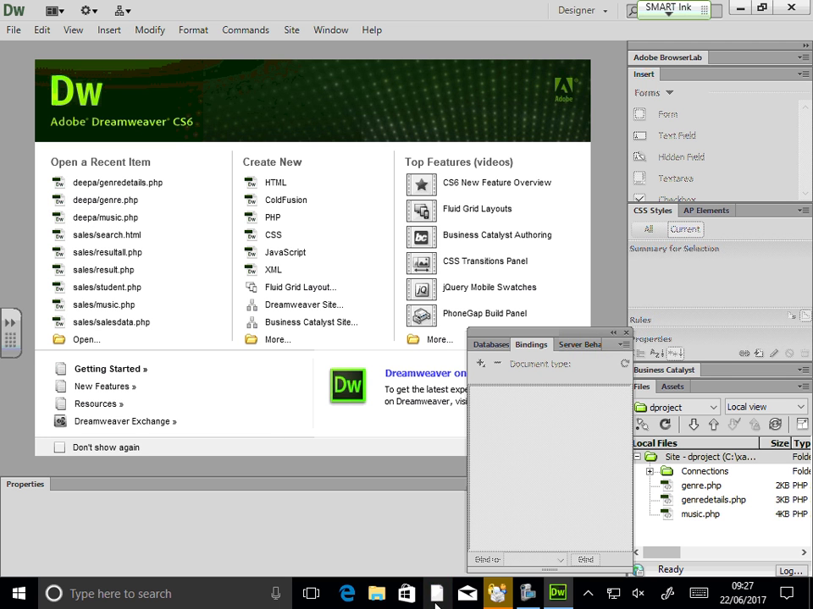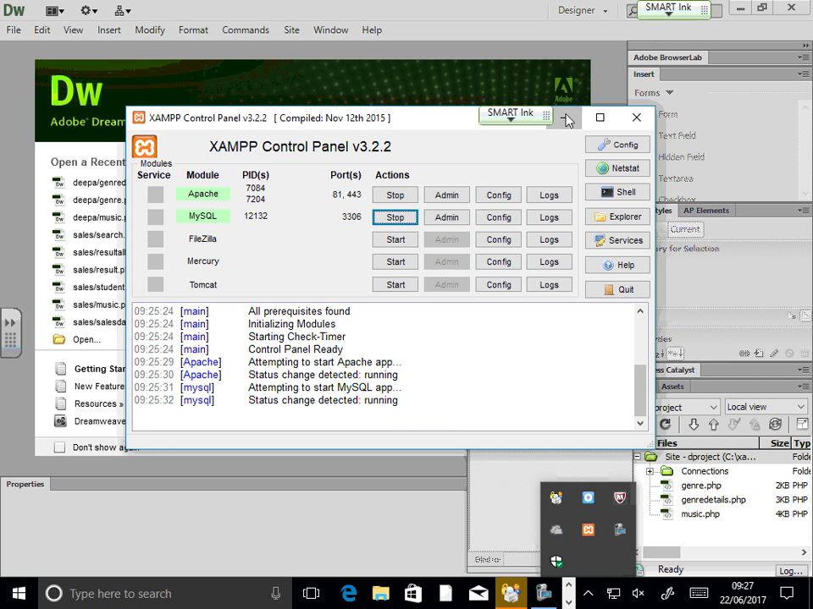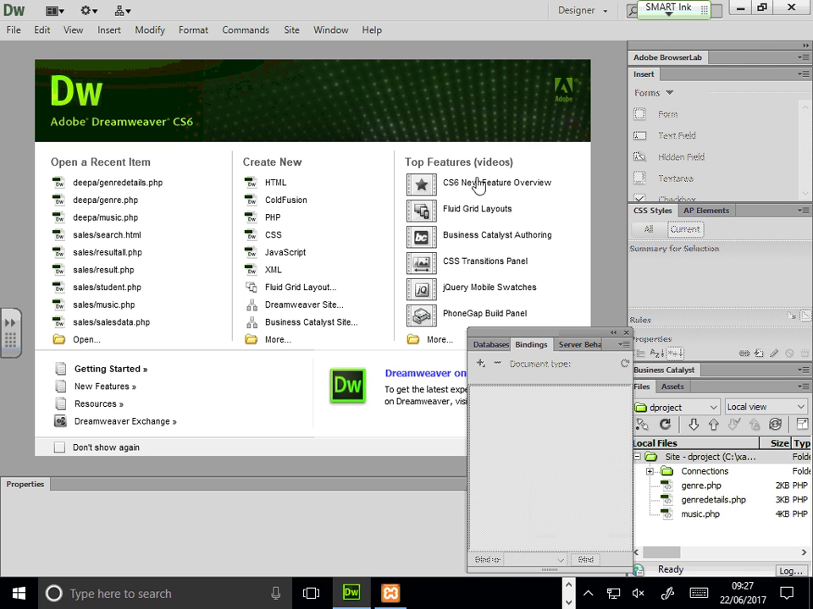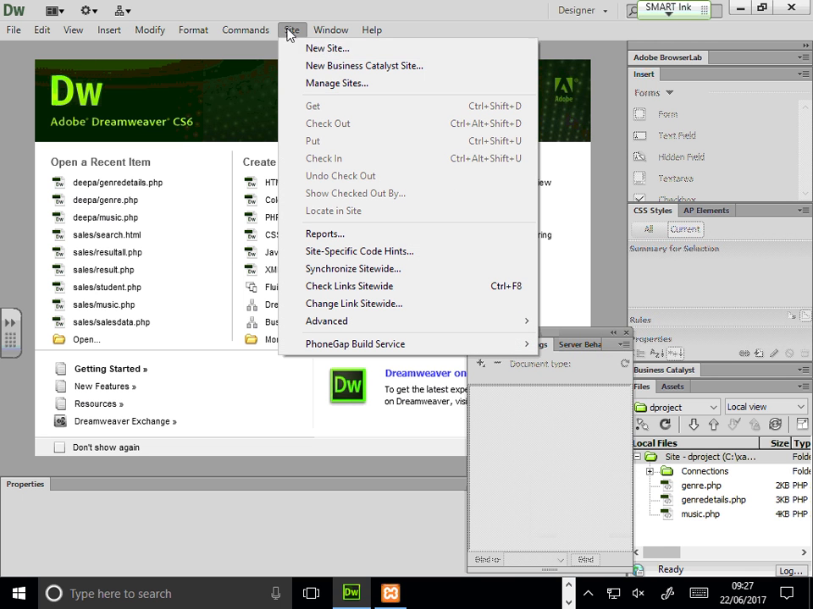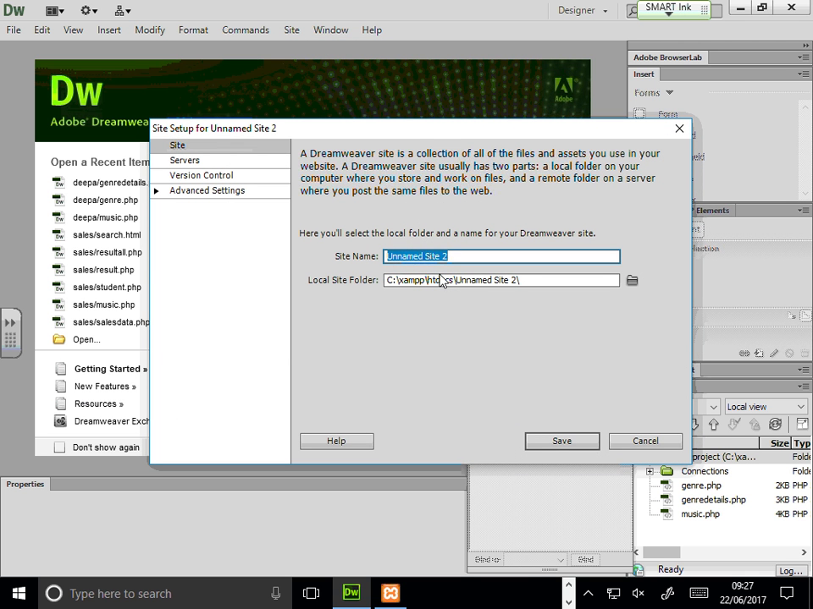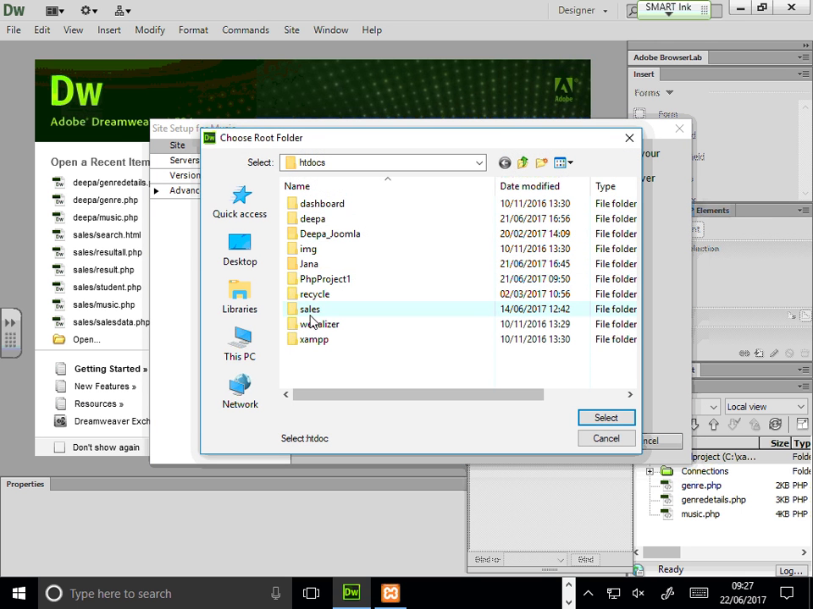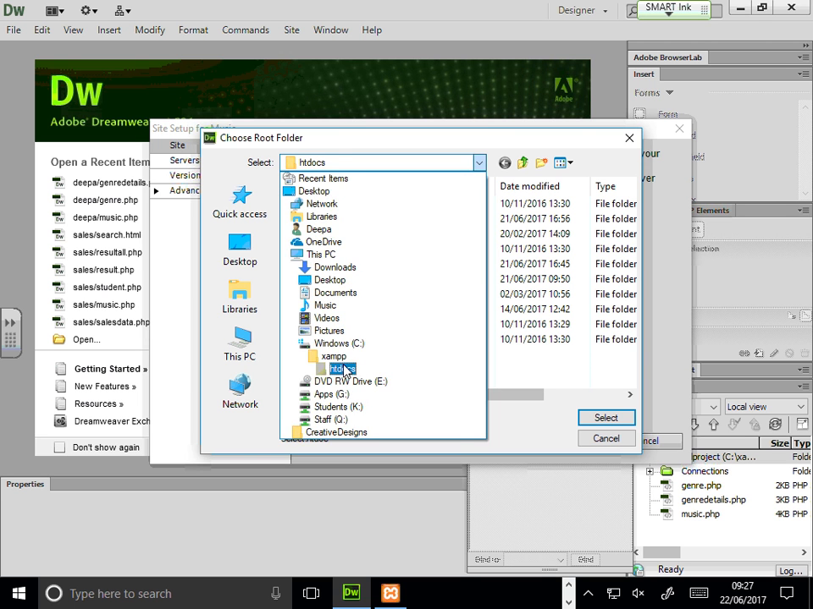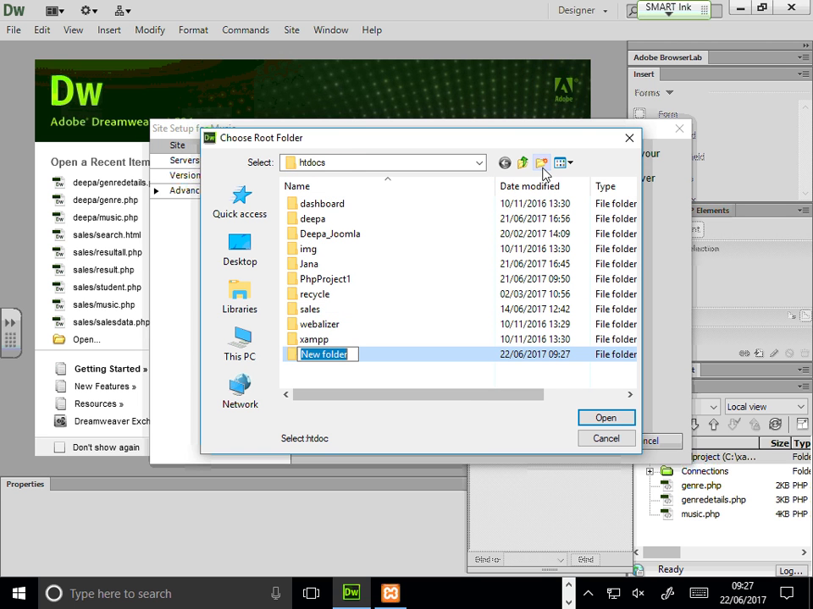Let's ensure your exam server is running, which is here. My exam servers are running. I've just opened up Dreamweaver and I'm going to do the first step. As said, I'm going to do a new site definition, which is music. I'm going to create a folder in htdocs, c exam htdocs, called music,